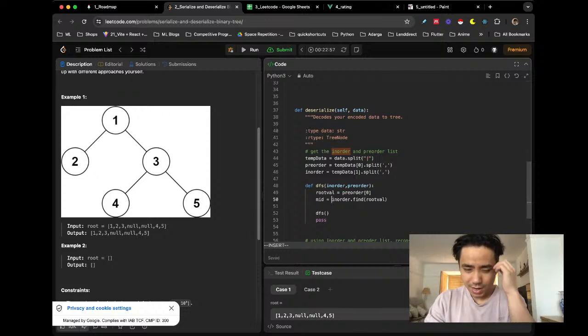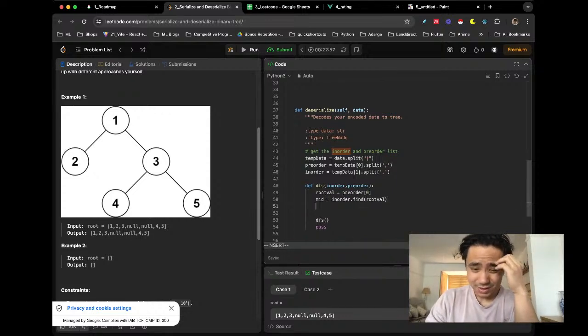This will be the mid. I kind of vaguely remember the structure because of NeetCode, and I also remember how it's done. But I'm trying to derive it, and then we want to DFS into the left,